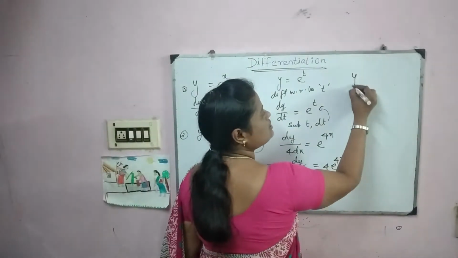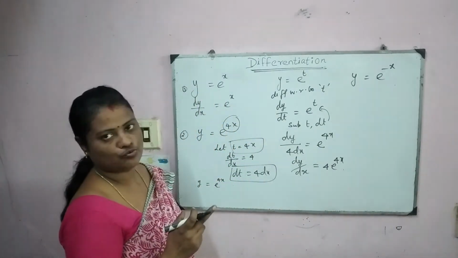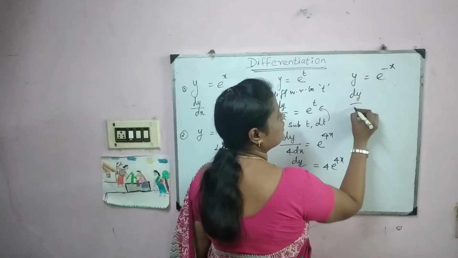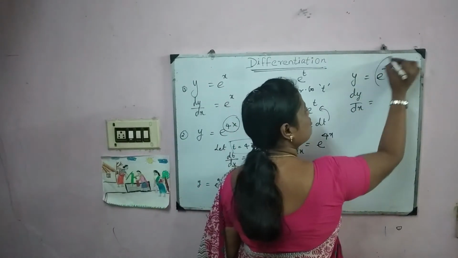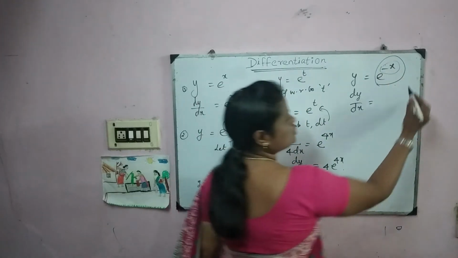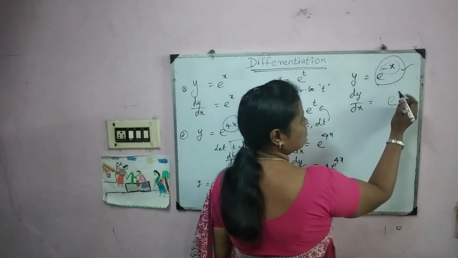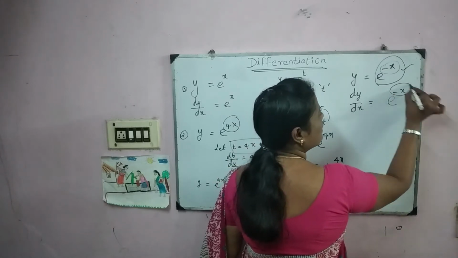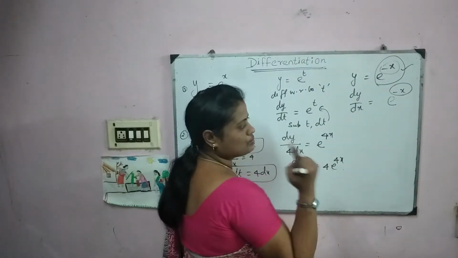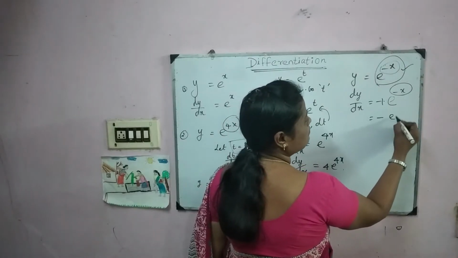What is differentiation of e power minus x? We know what is differentiation of e power x, but this is function of function. For e power minus x, again you differentiate dy by dx. First, the visible function is e power x, then the inner function will be minus x. So first differentiate e power x, which is e power x, but instead of x we have minus x, so e power minus x. Again this minus x differentiation: x differentiation is 1, and we have the negative symbol, so minus 1. 1 into anything, the same will appear. So minus e power minus x.